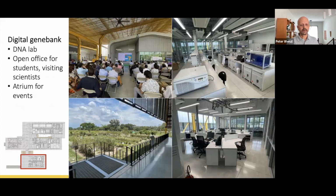And finally here, the digital gene bank area basically consists of, in the upper right, a DNA extraction laboratory, and the lower right is a big open office area for visitors, visiting sabbatical scientists, etc. In the upper left, you can see actually the event of the opening of the gene bank. There's a nice area there where we can hold meetings. It's an open, fresh area. It's very, very pleasant. And the lower left, you can see some forage demonstration plots right behind the digital